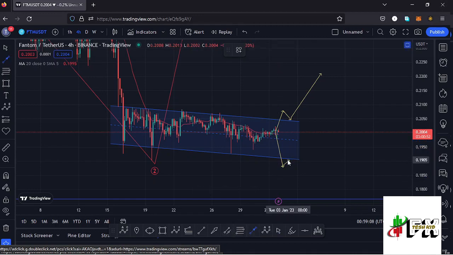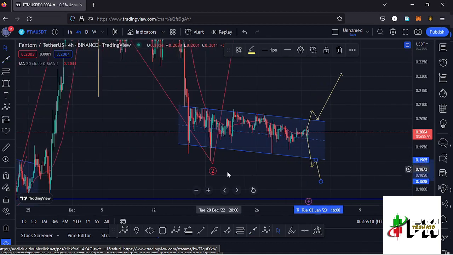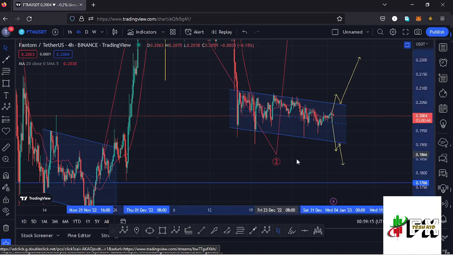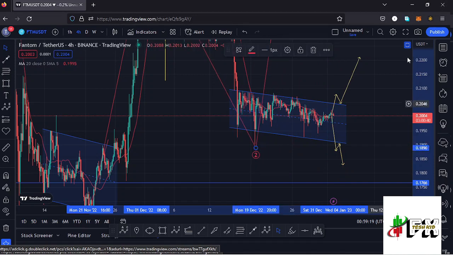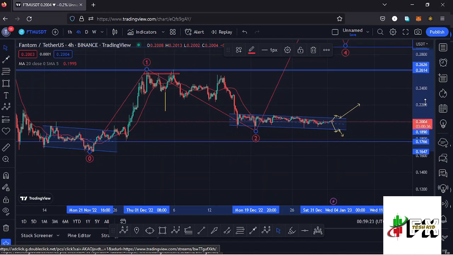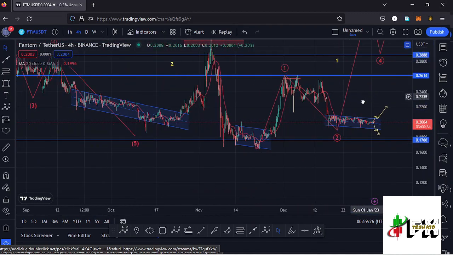And once the retest is in, then we can get one more new low here in the formation of this second wave. And once we have a new low, then we can term the new low as the low for this higher Elliott wave count 2. Then from there we can start sketching out that impulsive movement to the upside in the formation of that higher Elliott wave count 3. So let's be patient and see how that plays out.